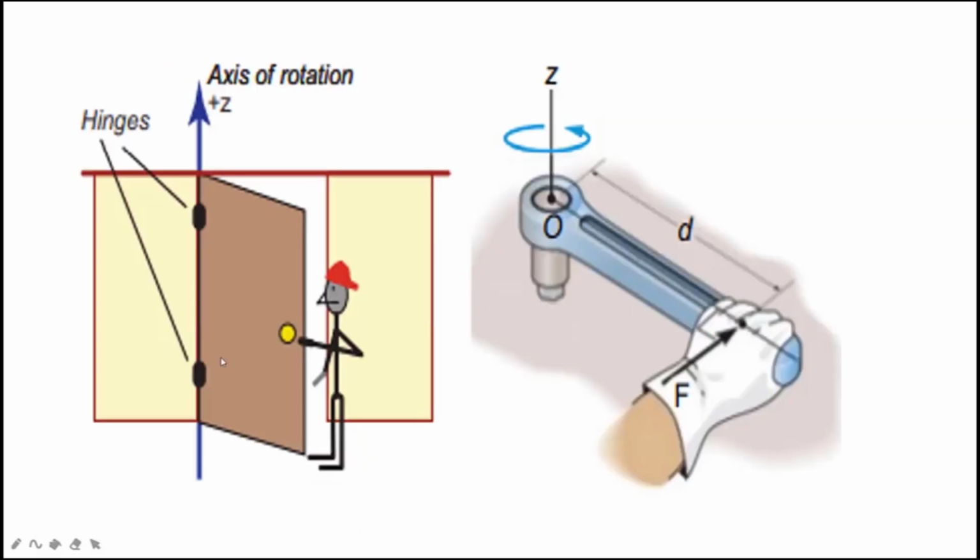Fix the other end. This is the axis of rotation and hinges. Then to make this process easy, you have to push or pull the door only near the other corner, and this is called the axis of rotation. Fix one end of the rod to the floor or wall and apply a tangential or perpendicular force on the other end. What will happen? The rod will rotate about the fixed point, and you can call this point the point of rotation.